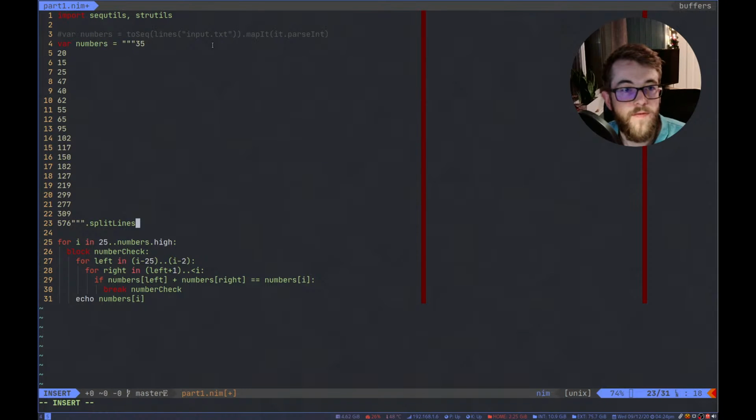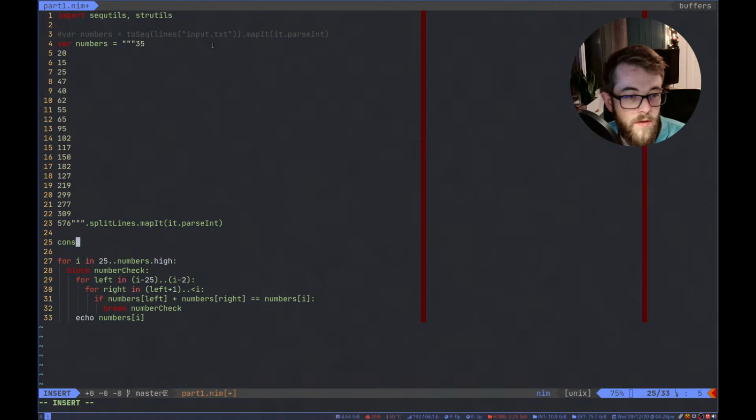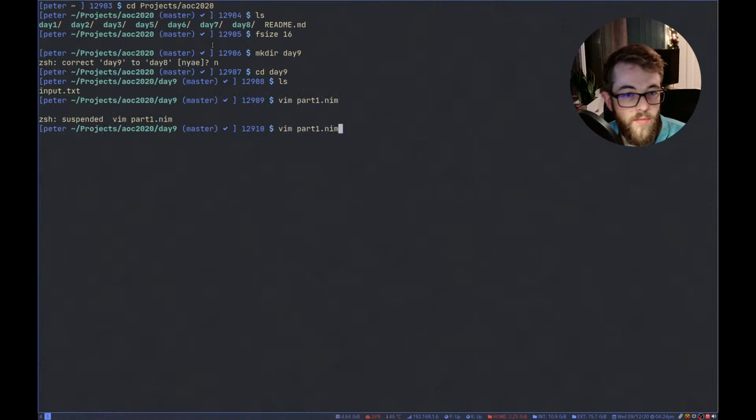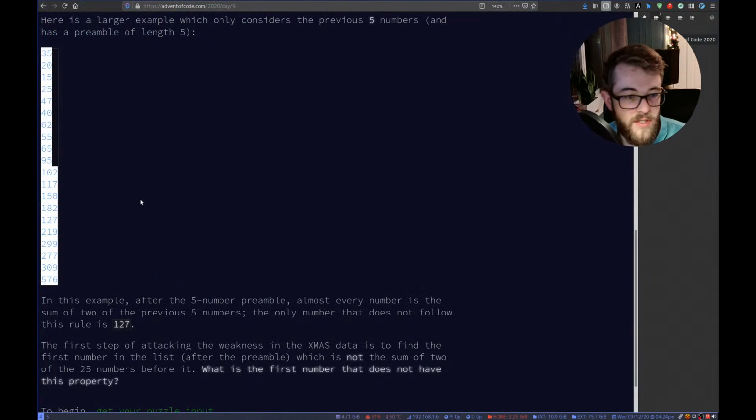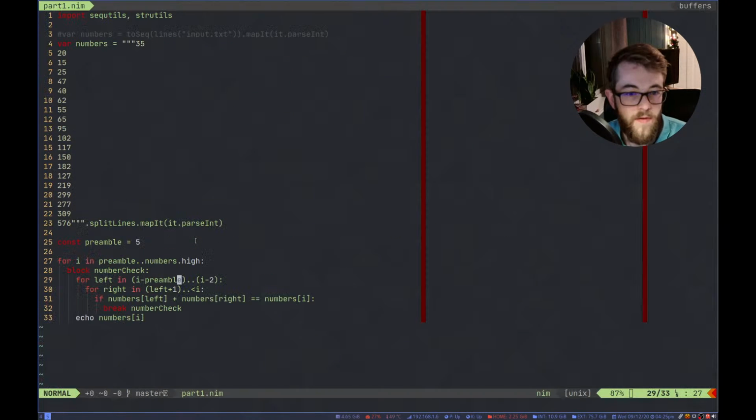Split lines, map it, and let me just store the preamble size in a variable so we can more easily change that. There we go. So this should now output the one number from their example, 127, which is correct.